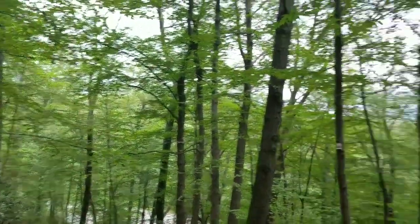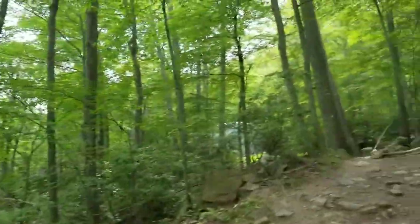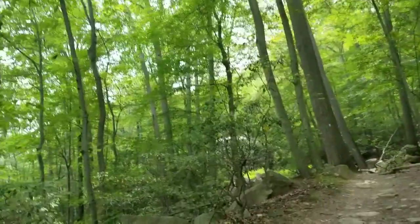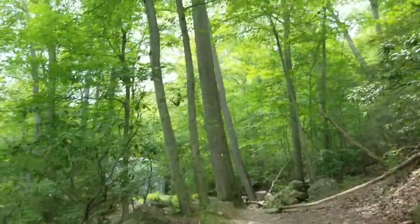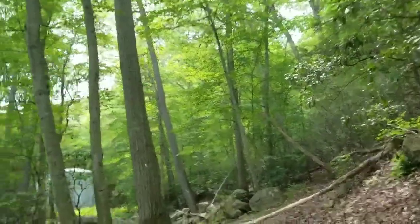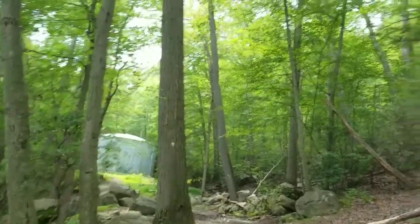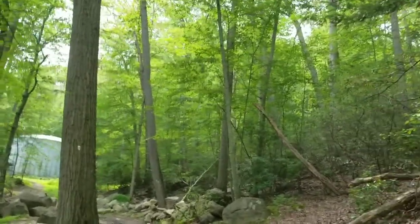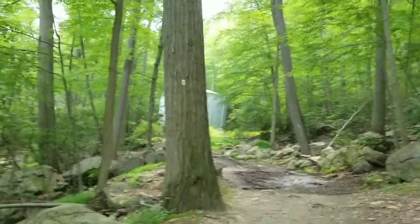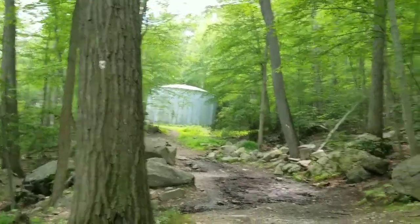So we have a choice to go up or down. So we're gonna go up. All right. So the point of the lesson here is, if you go in between the trees, the woods, and you get deep, I called it the woods. Can we consider this woods? Yes. So if you go in the woods and you get off the path, it's going to take a lot to get back